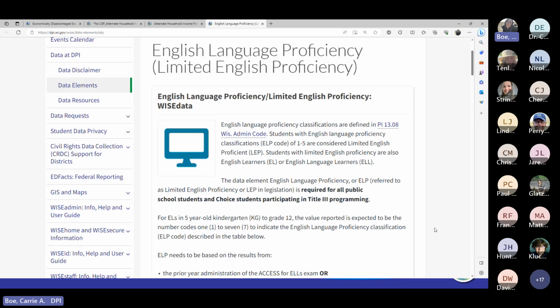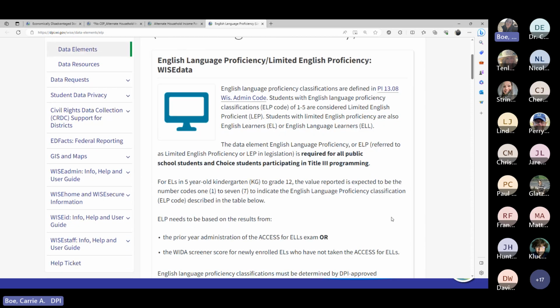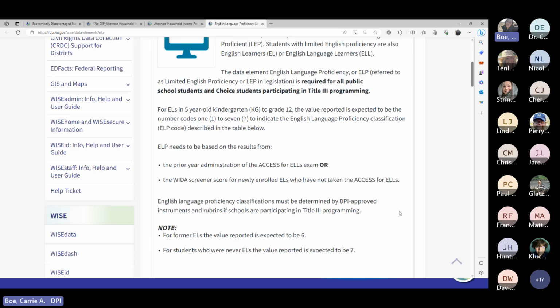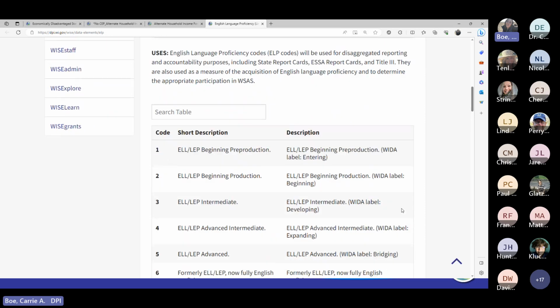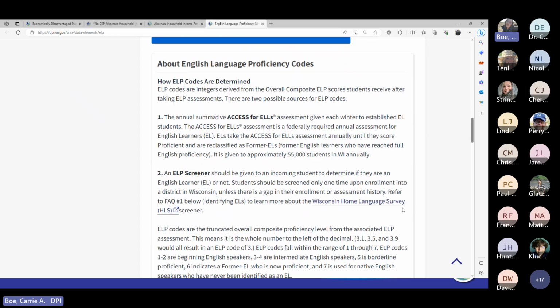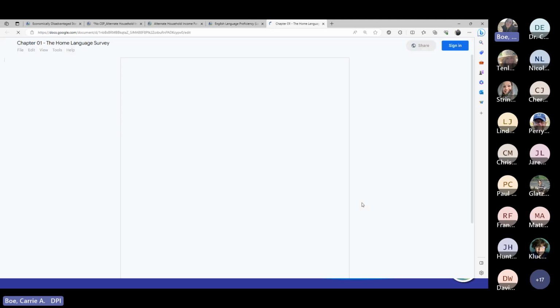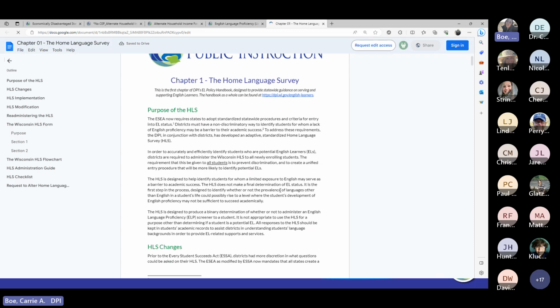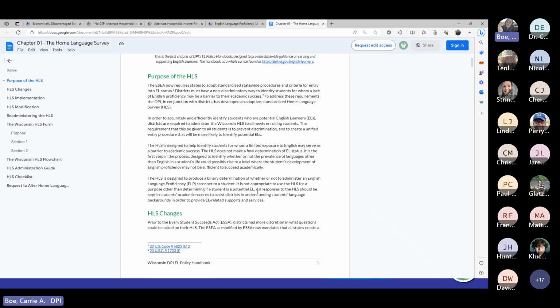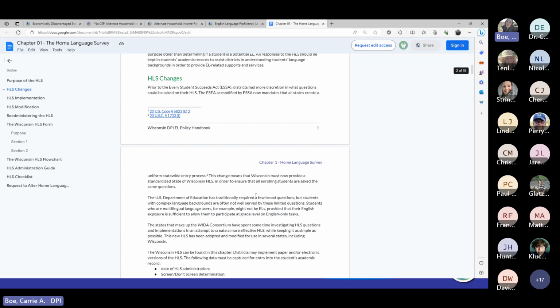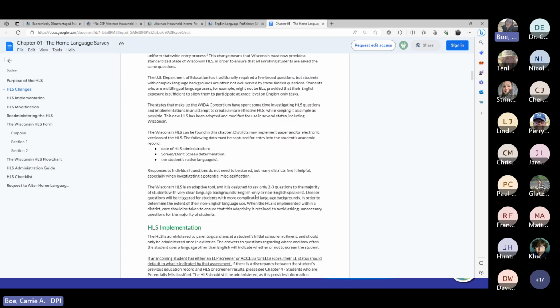One way to do that is using the home language survey. And so the home language survey is hopefully linked in this page. Here it is, linked on the ELP page that I have linked. Use this as a screener to identify if a student is eligible to work within the programming for students who